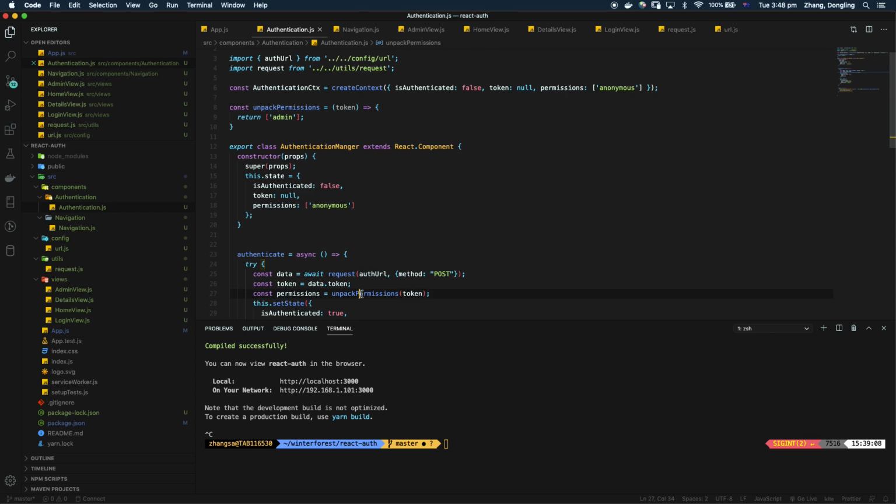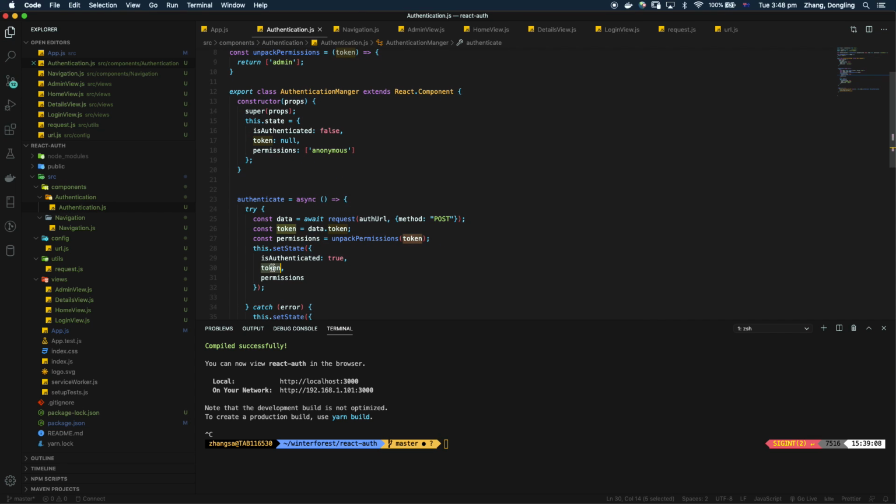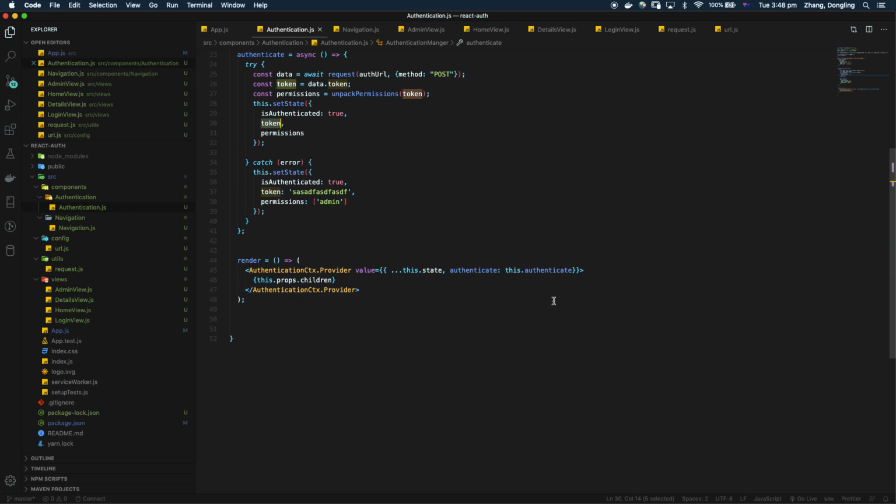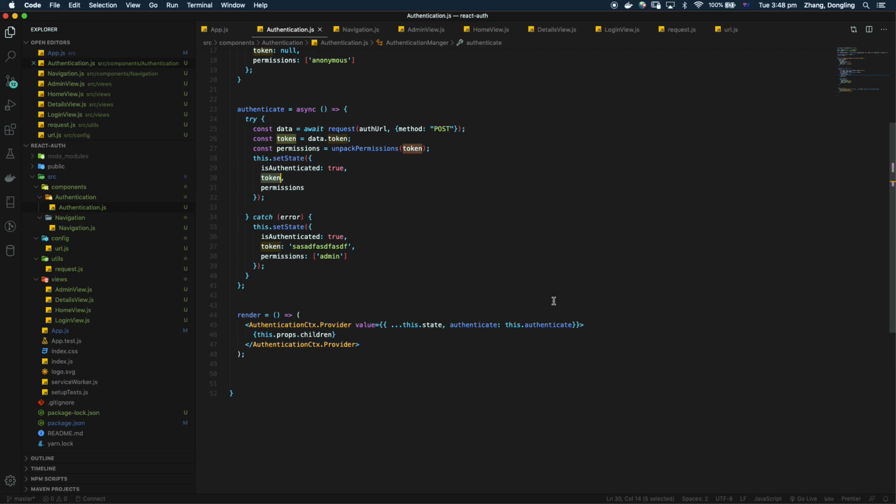This function tries to find the permission, and the token is put over there. It puts it in the state; in a real scenario, you're supposed to put it in local storage. But the purpose of this code is to show you how to do authentication and provide a private route and guard your